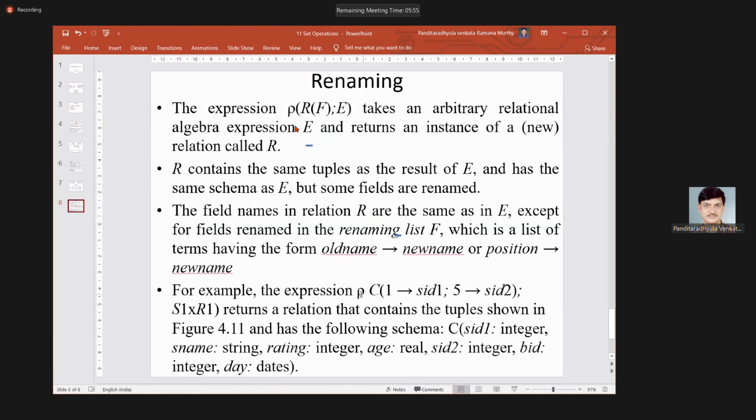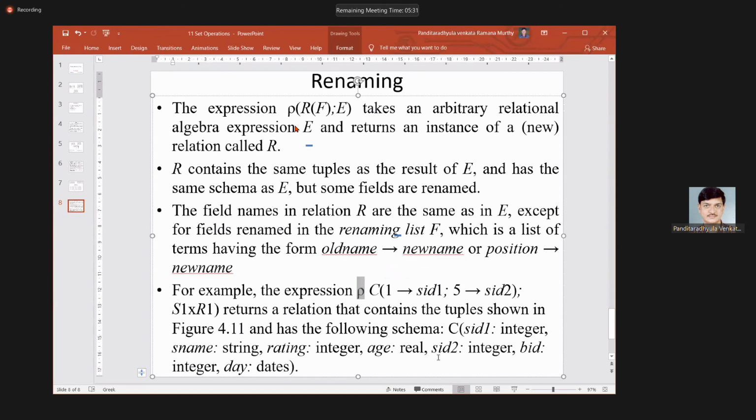We can use rename not only for Cartesian products but also for a single table, whenever the resulting table contains the same names with the same domain values.